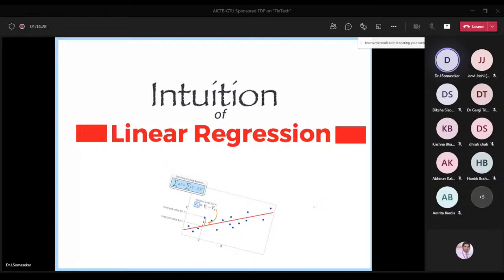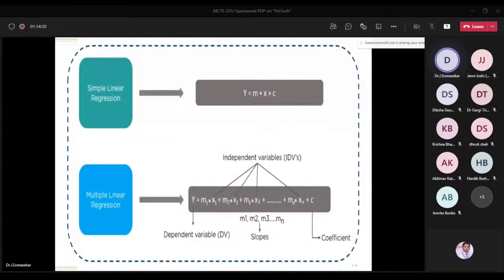So now come to the intuition of the regression model. I already said linear regression means we have only one independent variable, like y equal to mx plus c, or maybe y equal to a plus bx. It should be a linear function, a very simple function. And multiple means more than one independent variable, x1, x2, and so on. Independent means one variable should not depend on another variable.